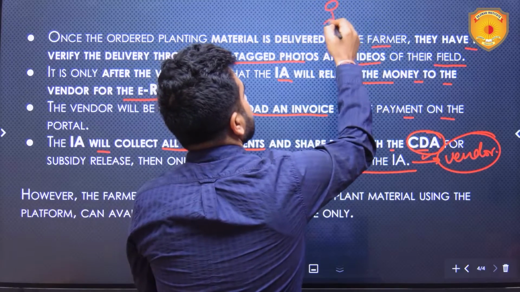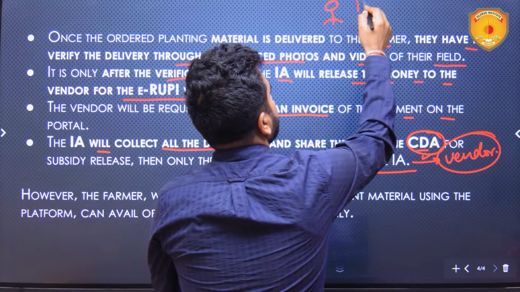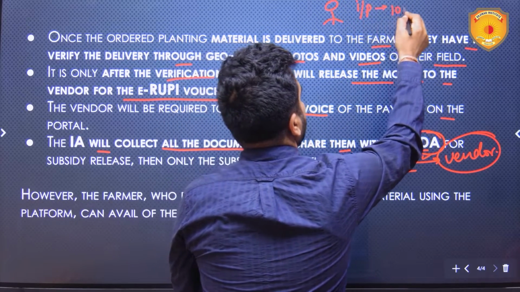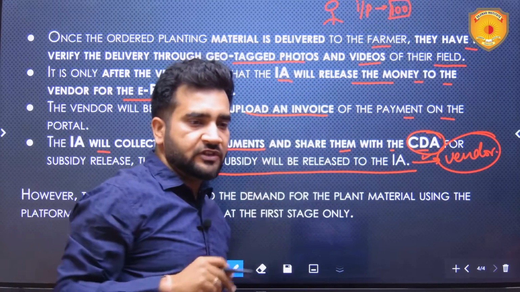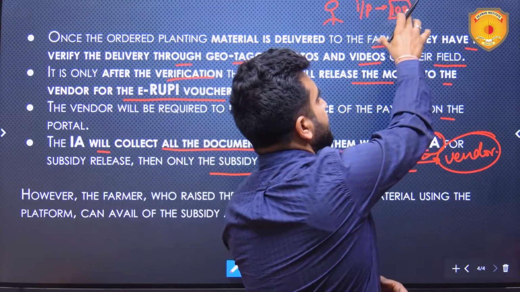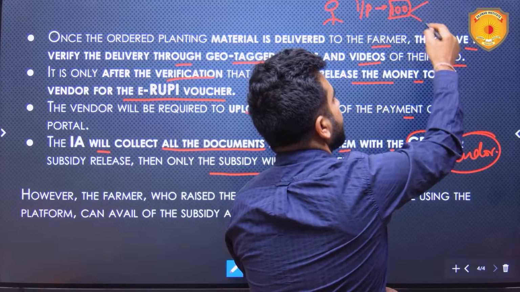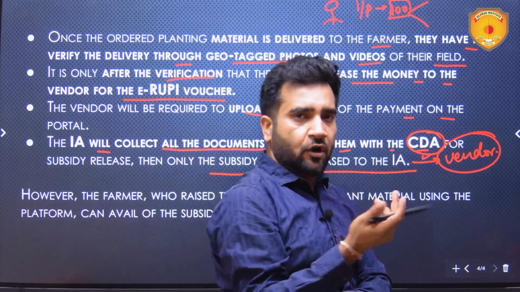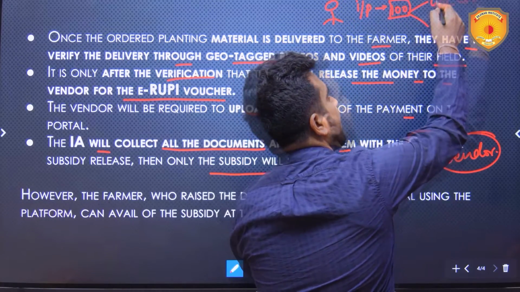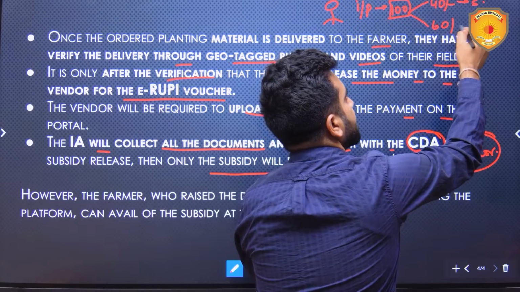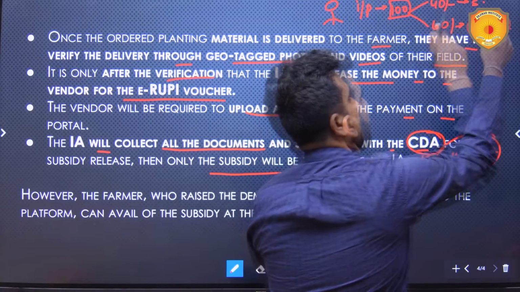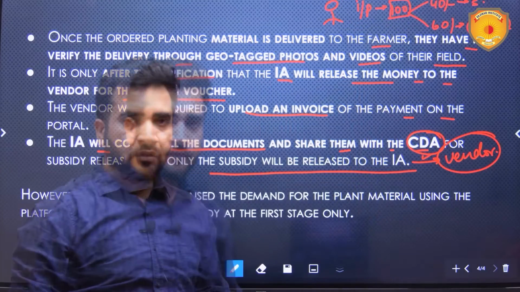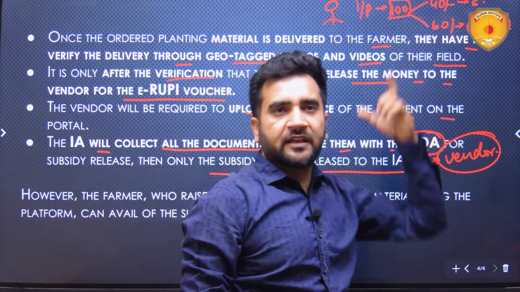So I raise a requirement that I need agricultural inputs worth rupees 100. I register myself on the CDP-SURAKSHA portal. Total agricultural inputs needed are worth rupees 100. The portal itself will automatically identify 40 rupees subsidy, 60 rupees I have to pay. I pay this 60 rupees online, and automatically as I pay this,